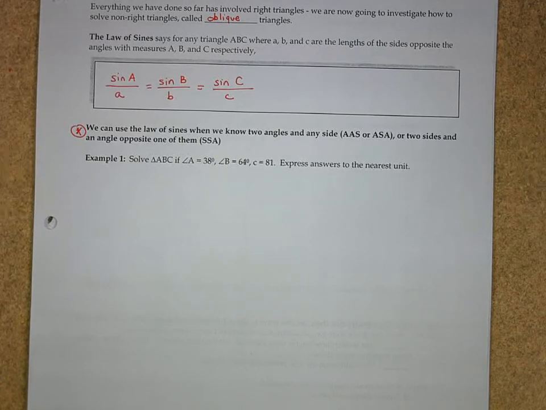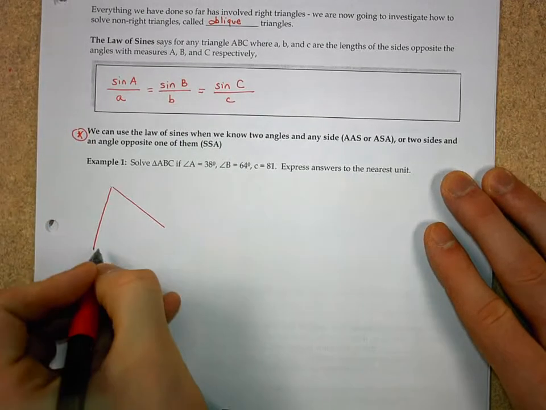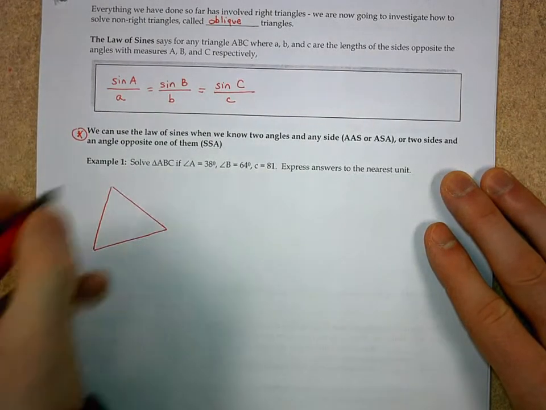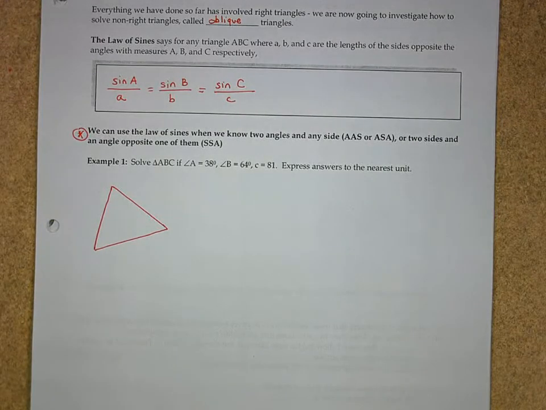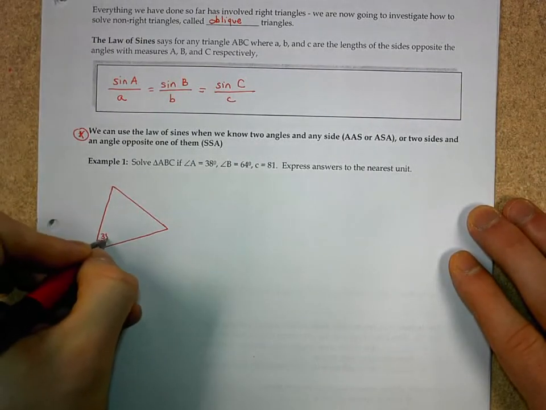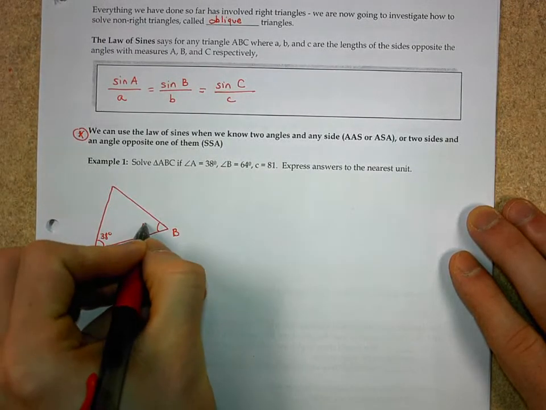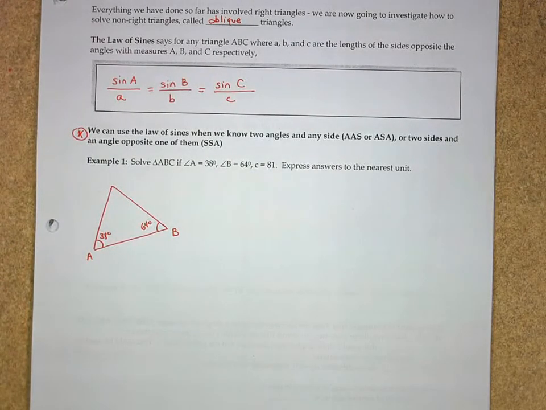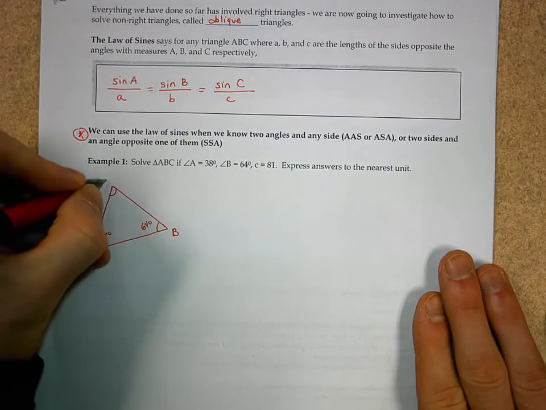The first thing we probably want to do is just draw a picture so we know what we're looking for. I really don't know if this is going to be drawn to scale because I don't know all my angles or all the sides, so I'm just going to fill in some pieces that I do know. We'll call this angle A, and we know angle A is 38 degrees. Then we'll call this angle B, which is 64 degrees. I can see right now that's not perfectly drawn to scale because my 38 and 64 degree angles look pretty similar. And then up here would be angle C,